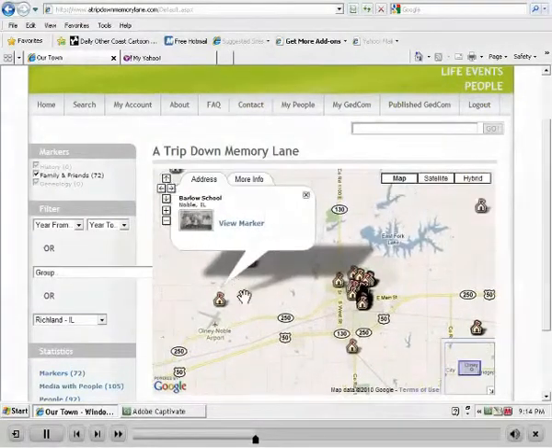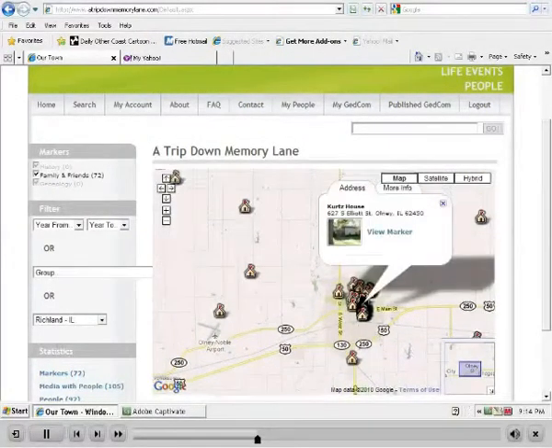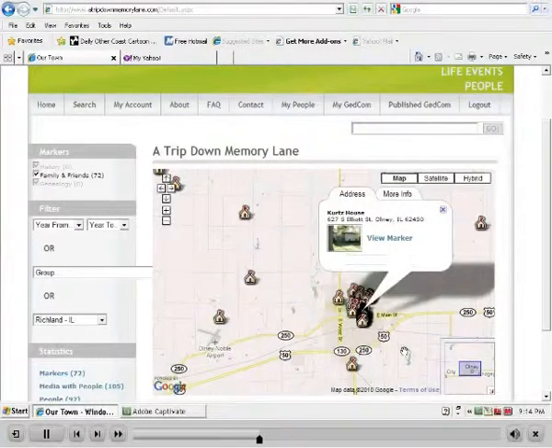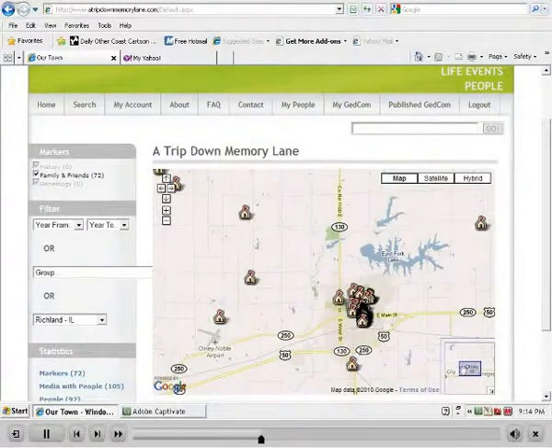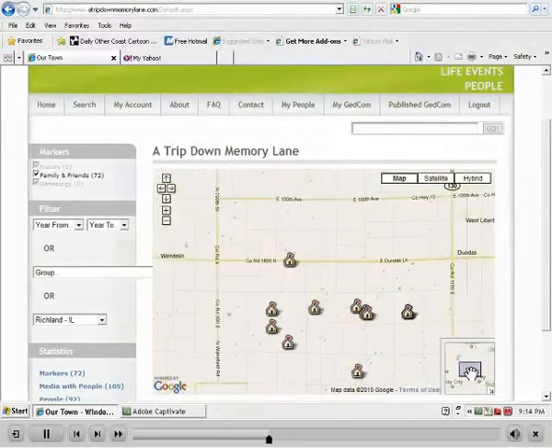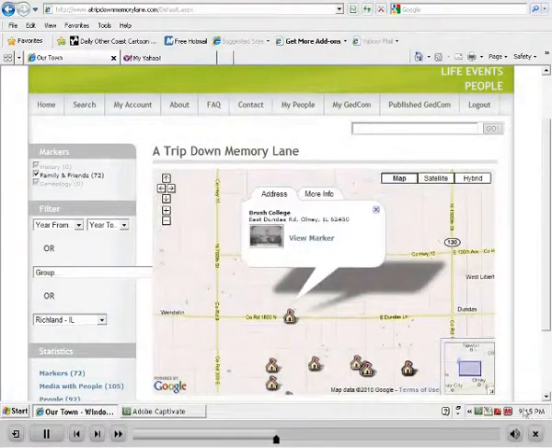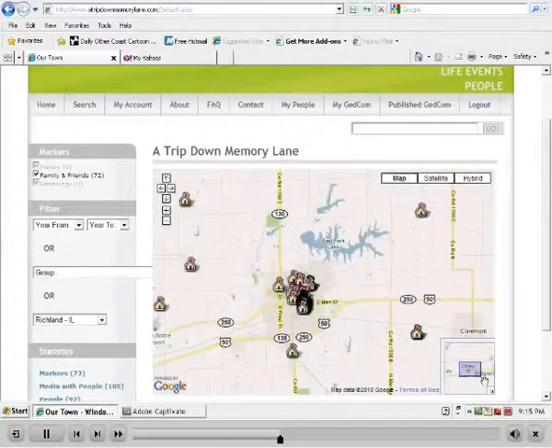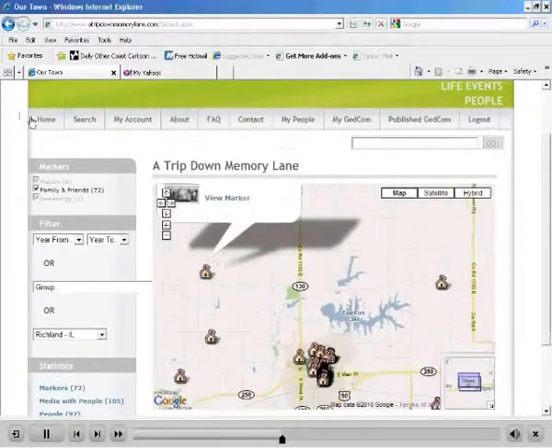Another way to navigate on the map is to use the screen representation down in the lower right hand corner of the map and move it, and the system will pan up to the upper left to show those markers that you've moved the screen over. Let's go back to over Alney. Now going back to home,